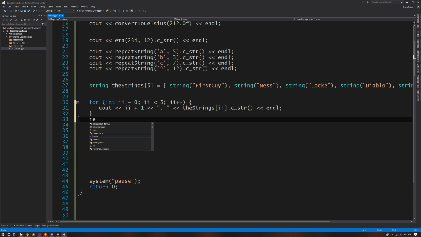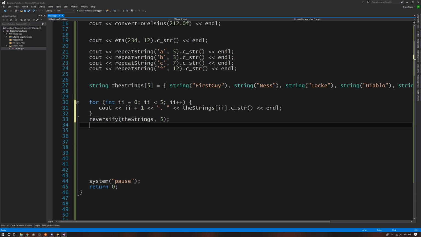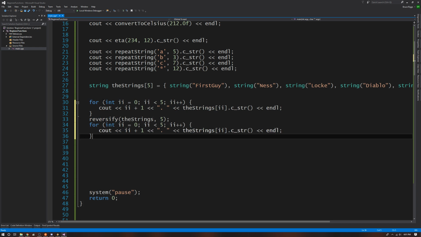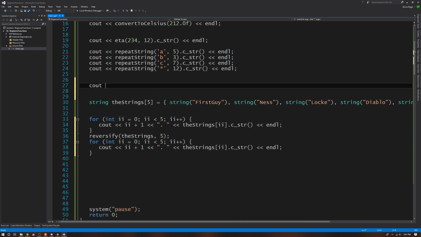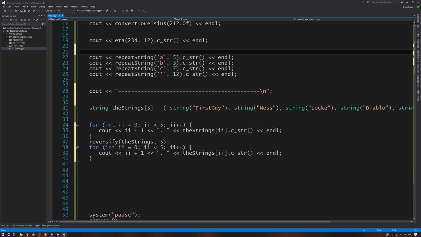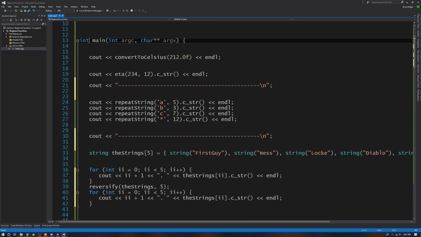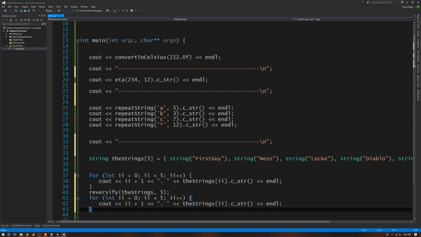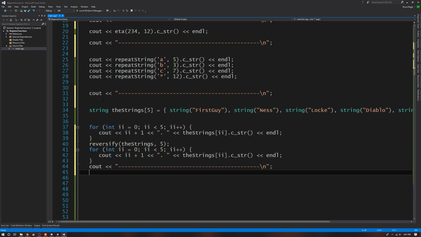Then we're going to reversify them. Then we're going to once again spit it out to the screen. And now we're going to make little dividers between the stuff because I'm spitting out too much to the screen. There. So I got nice little dividers between all of them. So when I run this,